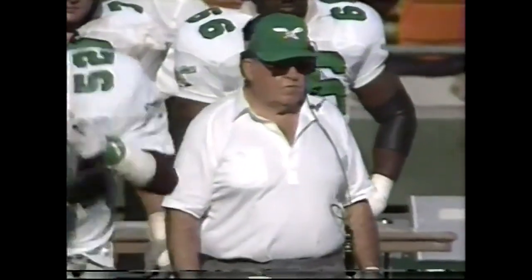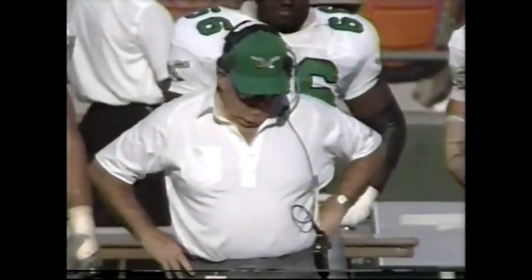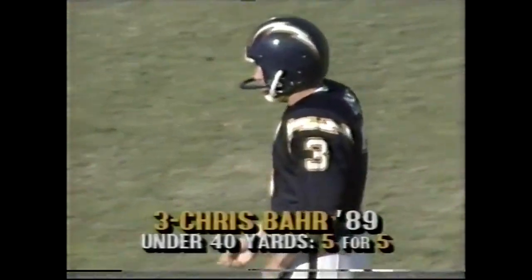You know, Philadelphia had that big win over Denver last weekend. They came out here for the week. Buddy Ryan, instead of praising them, really ripped them Monday morning because he didn't want to be upset by San Diego, and really stayed on them hard all week. As you look at Chris Barr,